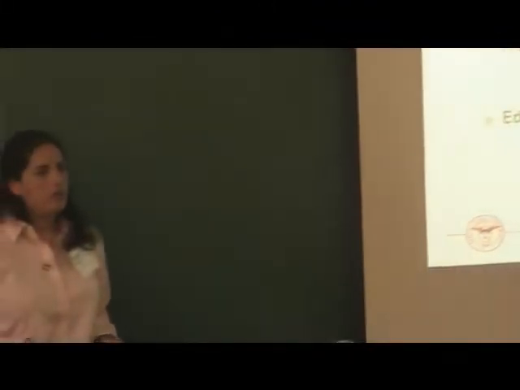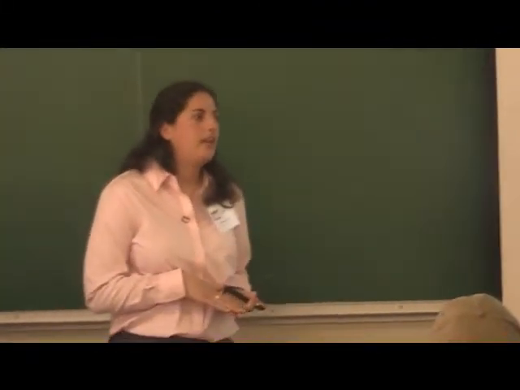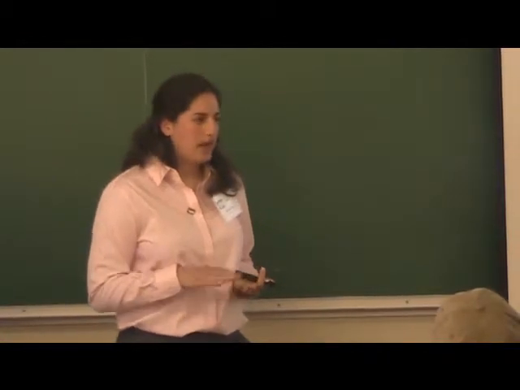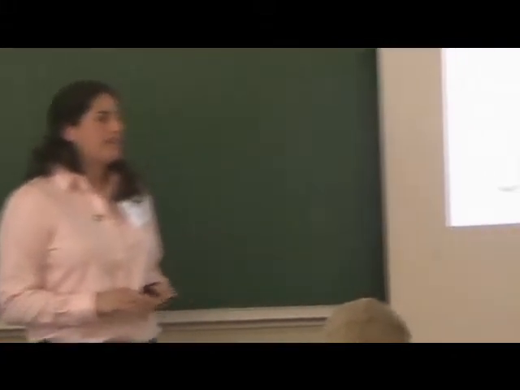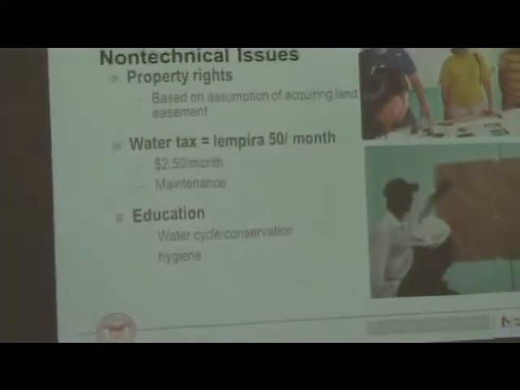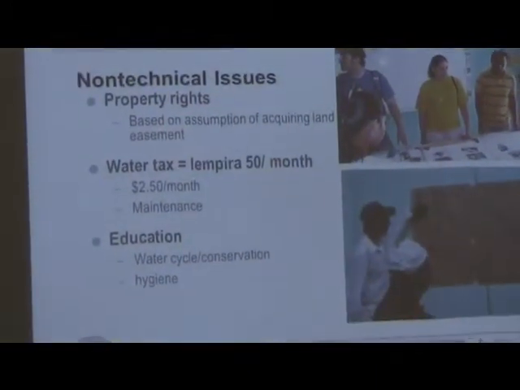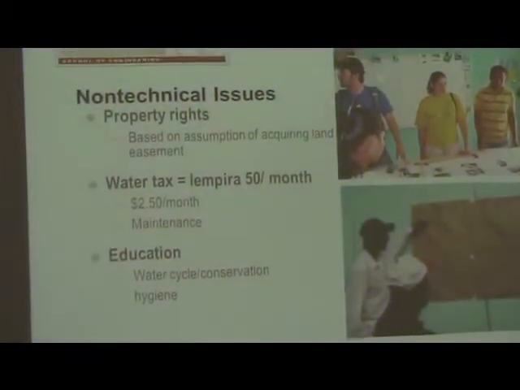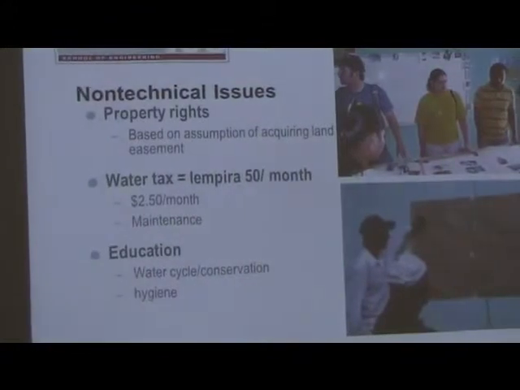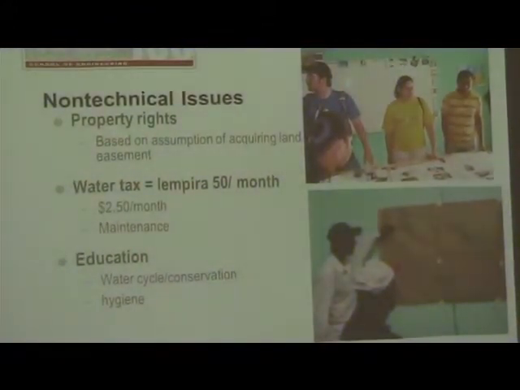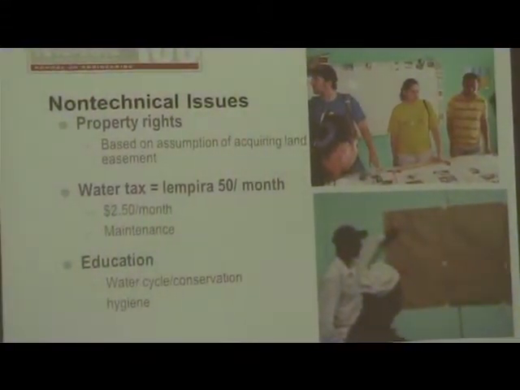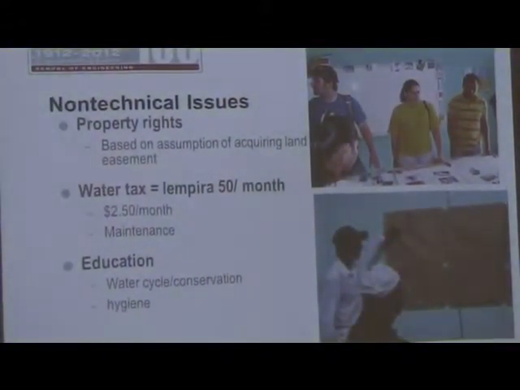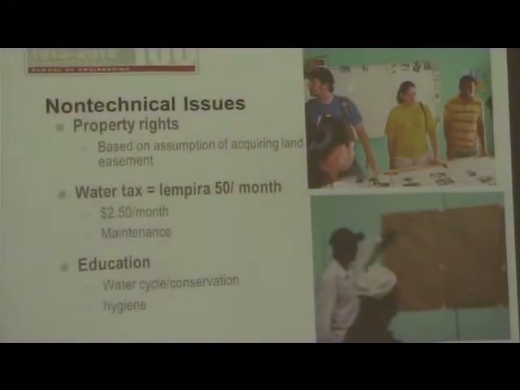The Community Water Board is also slowly increasing a water rate tax per household to 50 lempiras per month, which is about $2.50 in the US. And this price has been deemed affordable by everyone in the community. The money for this goes to maintaining the system and ensuring that a community member is paid to check the system every week, because part of the reason their system has deteriorated is that they weren't able to have